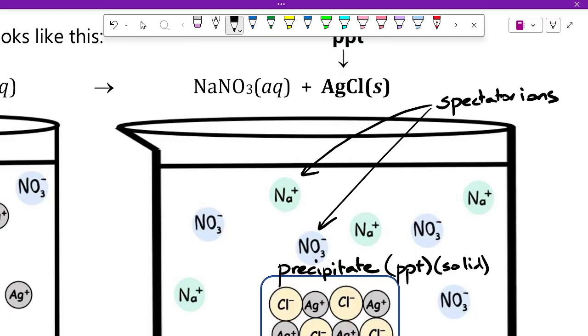Now, if we wanted to write the net ionic equation for this reaction, you could write the complete ionic equation and then go to the net ionic equation, or we can use the shortcut. Would we like to learn the shortcut? Okay. So to do the shortcut for the net ionic equation, you simply find your solid and you say,